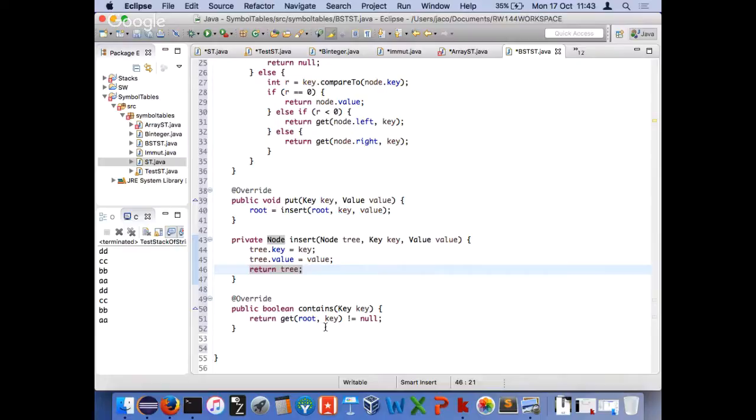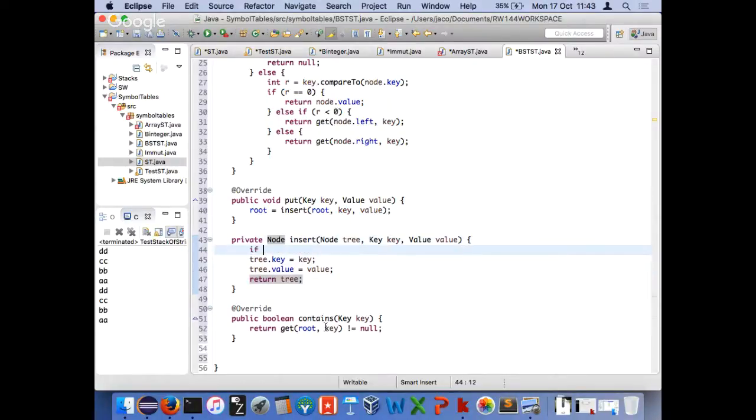It's supposed to be a reference to an instance of class node. I know that because I said that. 3 is supposed to reference an instance of class node, but 3 is null. So there is no key field, it doesn't exist. There's no value field, there's no left or right field. So this definitely won't work if 3 is null. So let's add something special for that. If 3 is null,